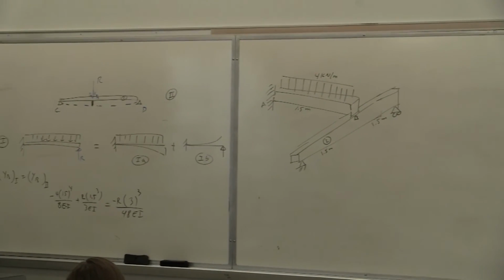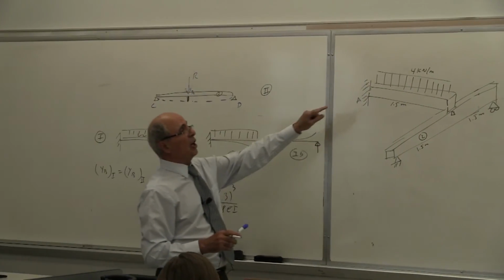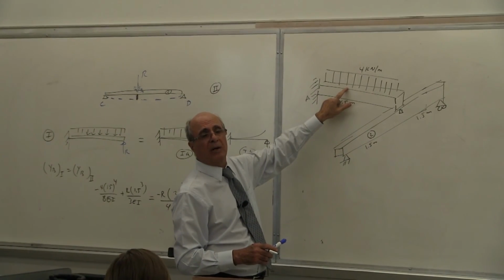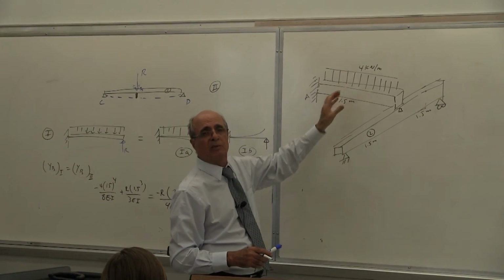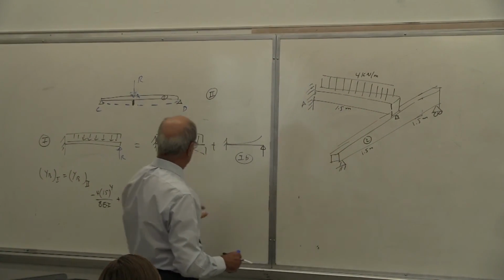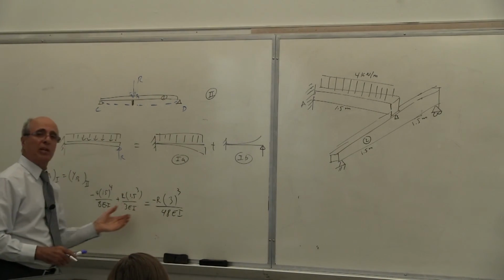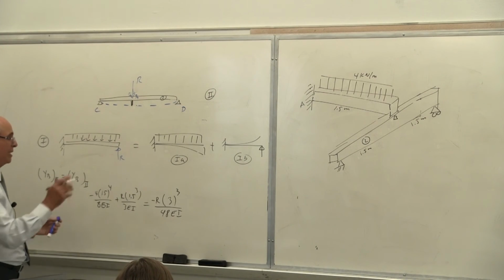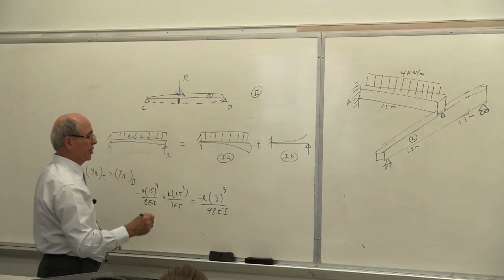Now, sometimes the problem is like that. The EI of this beam and the EI of this beam could be different. This could be aluminum, this could be steel, or vice versa. They have different size, but that you put it here, but they eliminate, or one becomes twice as much as the other one, or one becomes half of that. But nevertheless, in this case, I'm assuming EIs are the same.